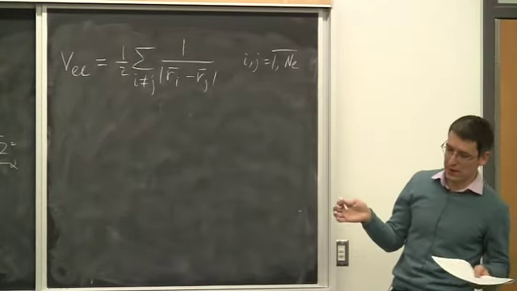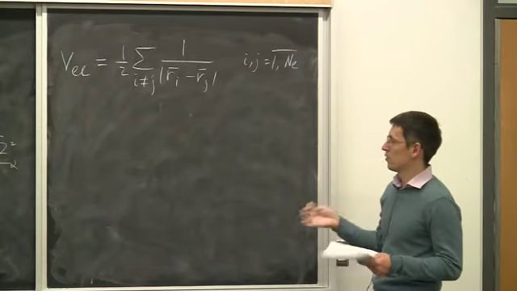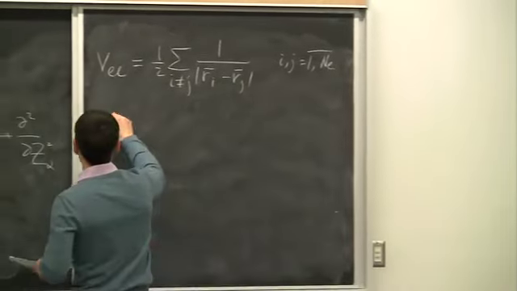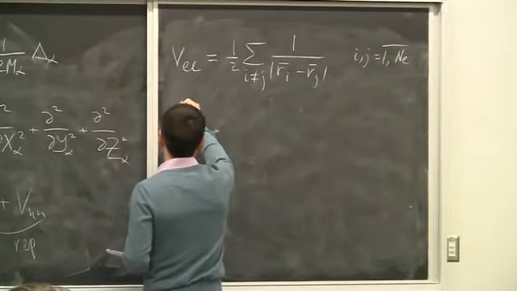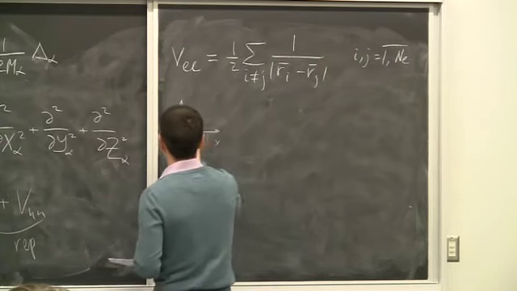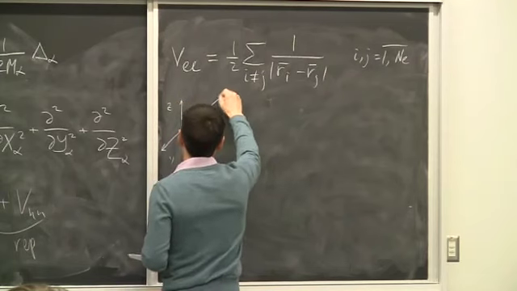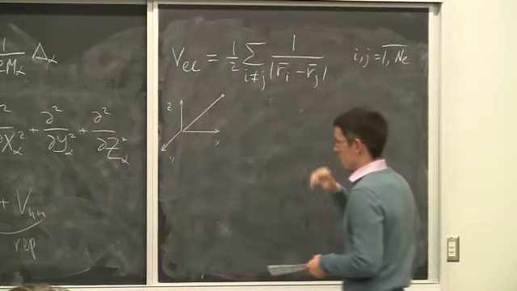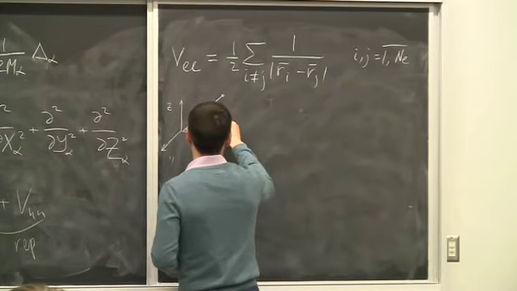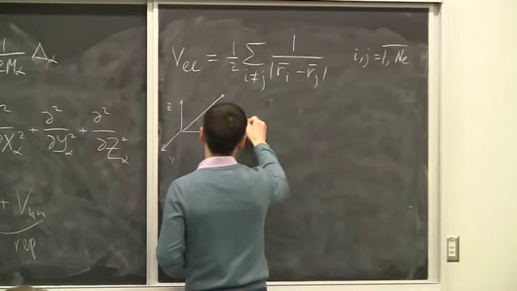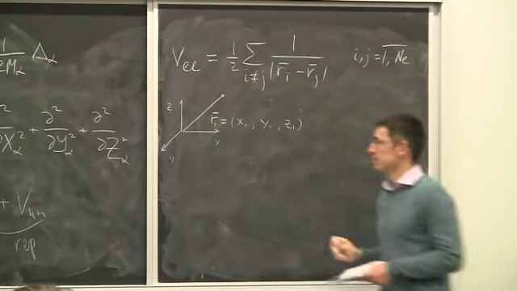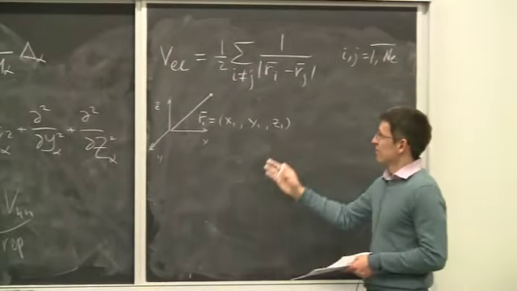We consider all pairs of i not equal to j. Every electron has its own coordinate. So this is our coordinate system, x, y, z. And we are thinking about electron coordinate as r, say, 1, which contains x1, y1, z1, right? This is a vector,